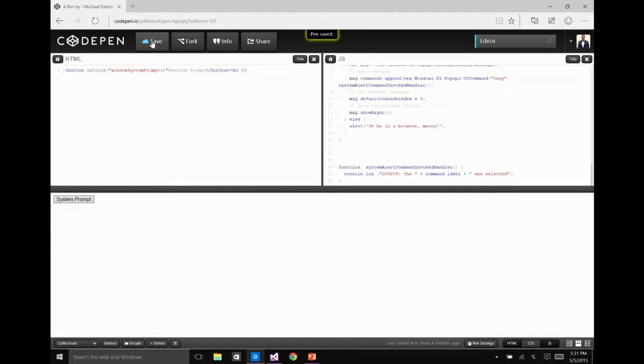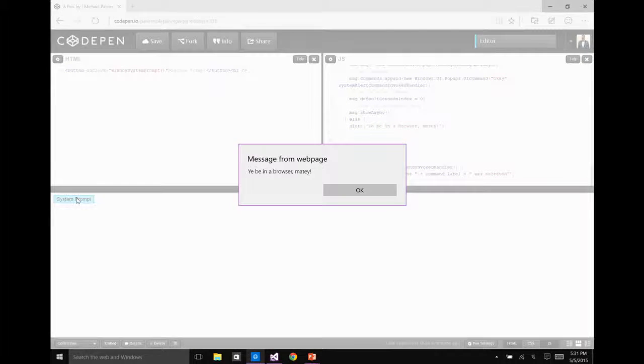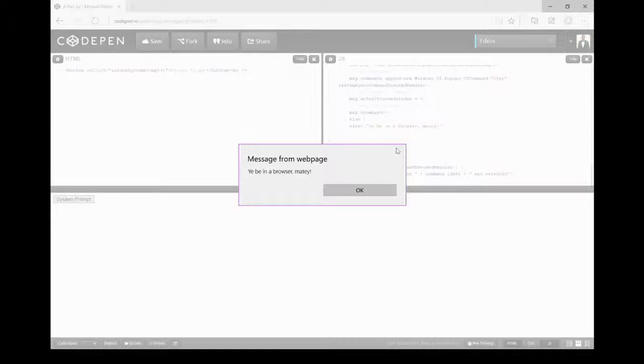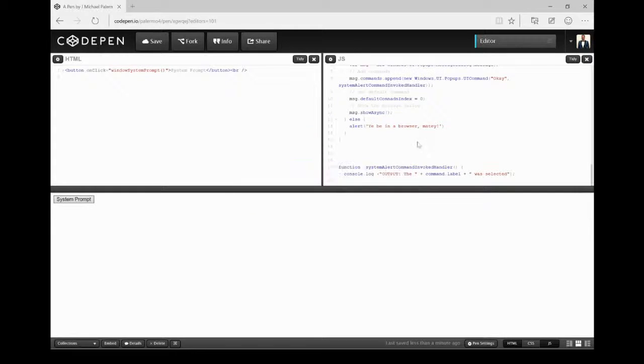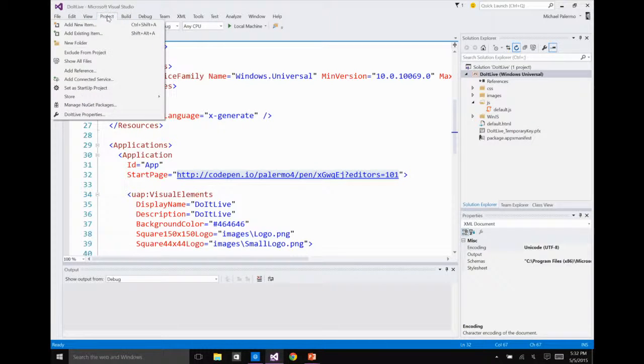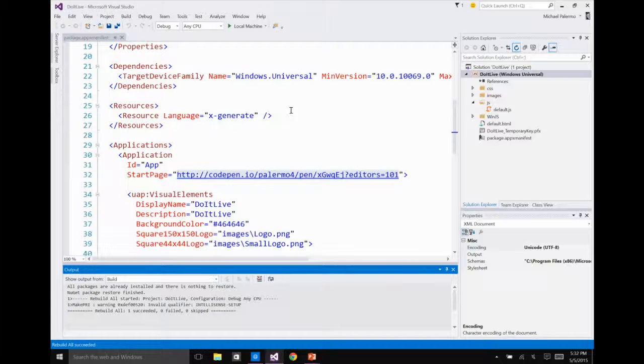Okay, so I'll save this, and what I'm going to do is show you how this thing works in the context of a web browser right now. So if I click on the system prompt, I get the following message. It's a JavaScript alert in the Edge browser. So it knows that I'm in a browser. Now, I'll go ahead and click OK here. I'm going to minimize this window. And now I'm going to build this solution